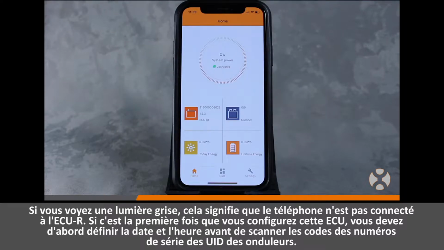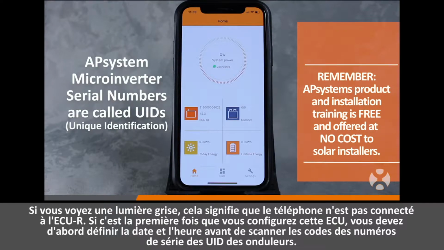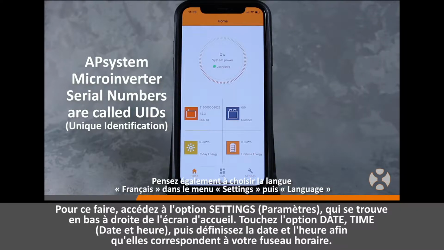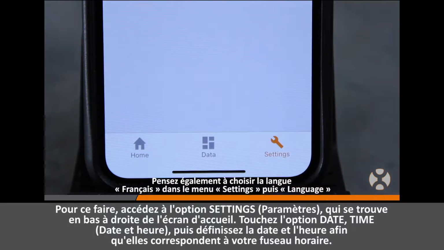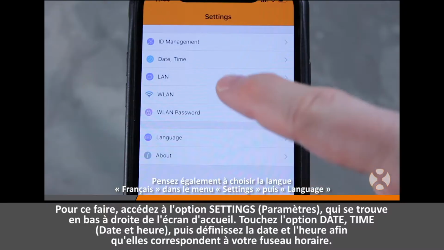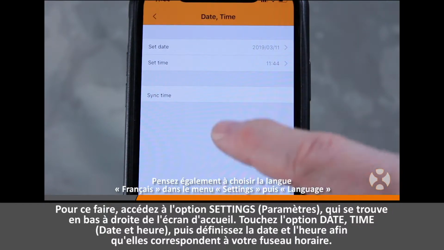If this is your first time configuring this ECU, you must first set the date and time before scanning inverter UID serial number codes. To do this, go to Settings, which is located on the bottom right of the home screen. Touch the option for Date, Time, and then set both the date and the time so that they're current